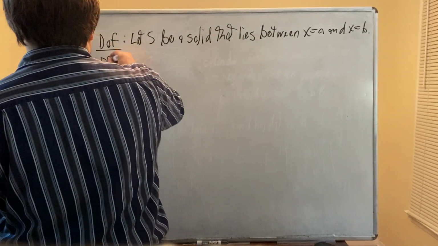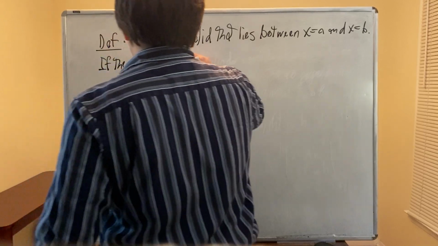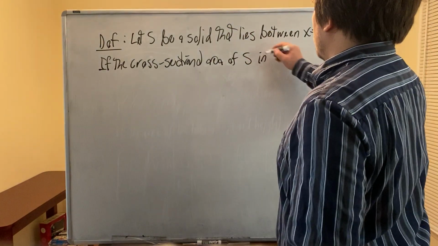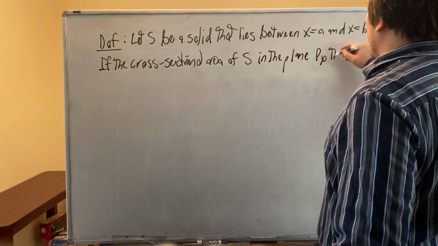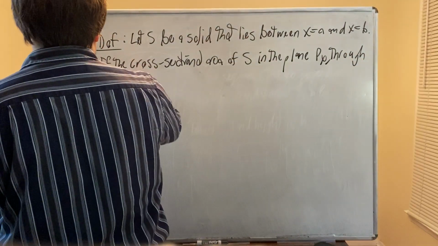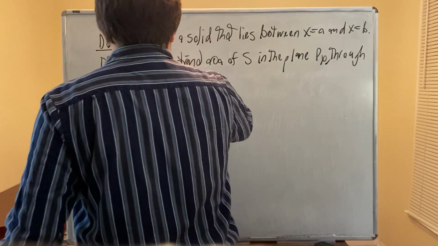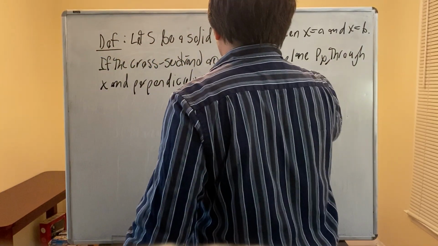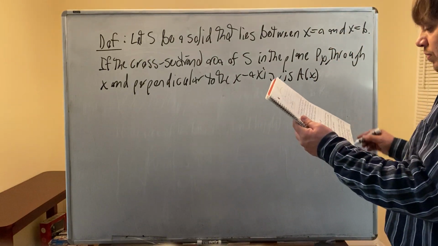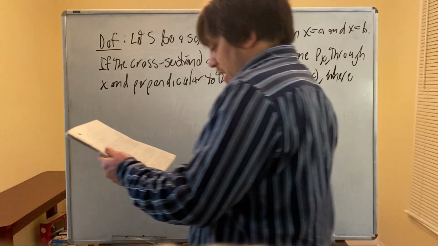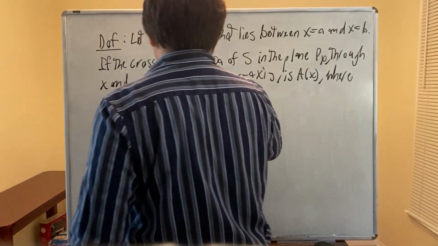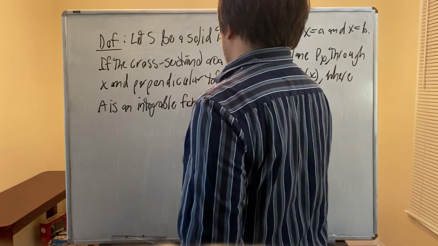If the cross-sectional area of S in the plane P sub x through x and perpendicular to the x-axis is A of x, where capital A is an integrable function, then the volume of S is